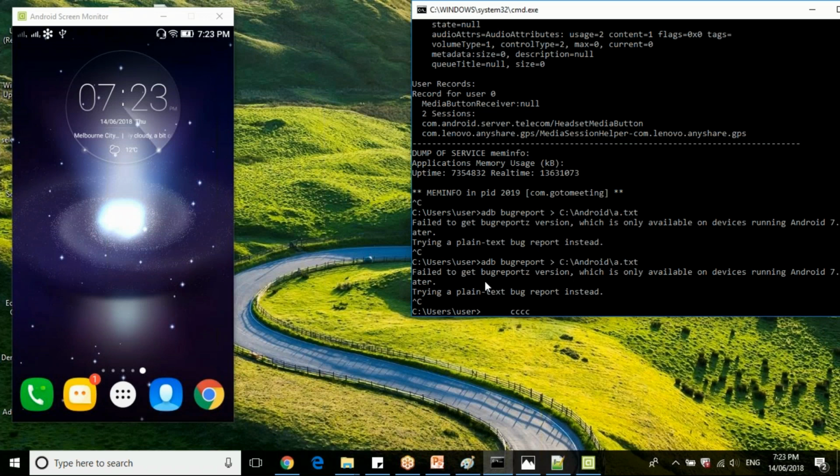We are using commands. These are some of the commands. Let's check some other commands like ADB version.